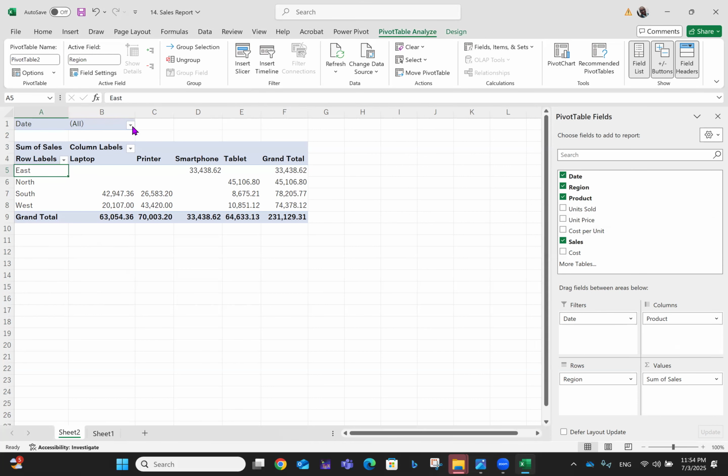So it still doesn't change anything, maybe based on the nature of this particular data set I have. But you can play around with all of this as much as possible. If you want to remove anything from here, just drag it out. Okay, so let's say for the columns now, you don't want to see the product, for instance,